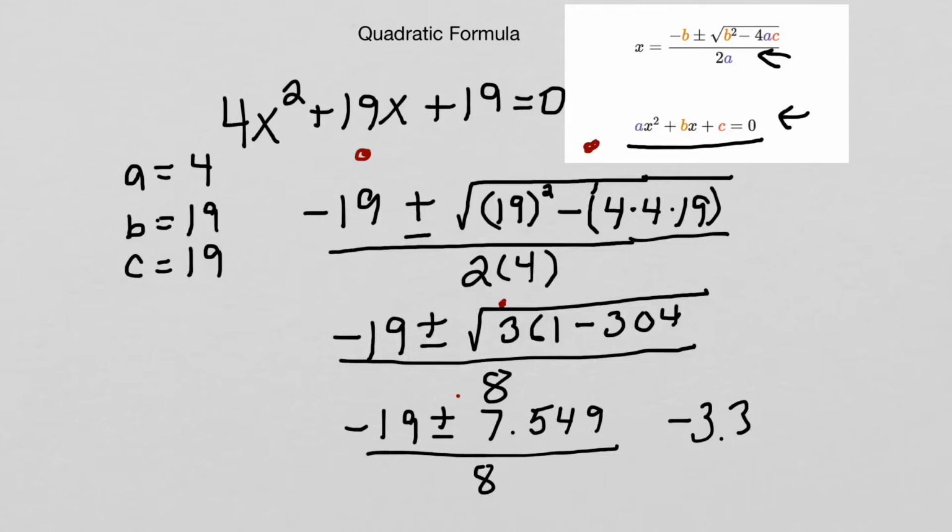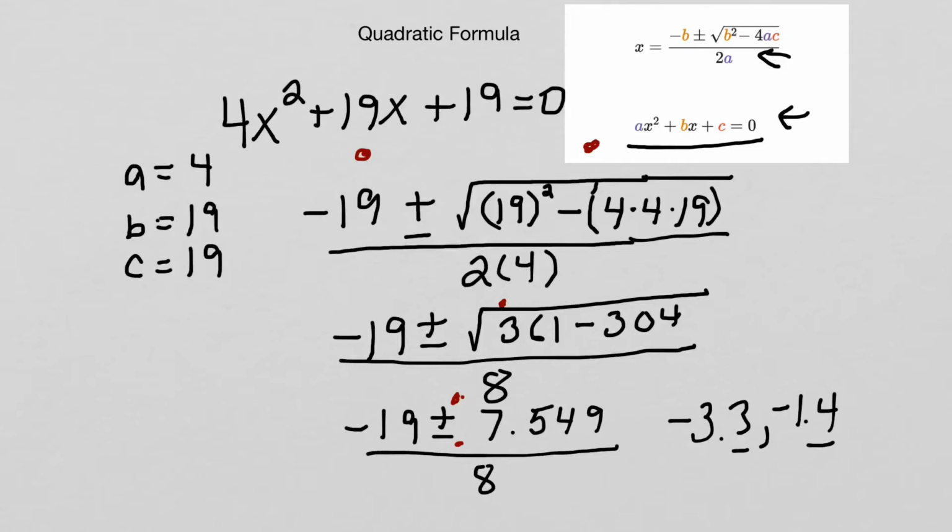Now, I concentrated on the top here. I just did the plus. Now I'm going to do the minus, because I said there's going to be 2 answers. Negative 19 minus 7.549. Then I divide by 8. I'm going to get minus 1.4. All right, all your answers are going to be rounded off to the 10th place that you enter